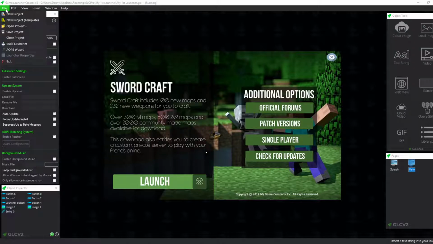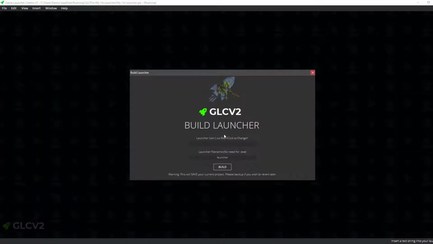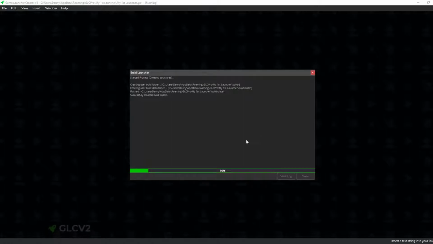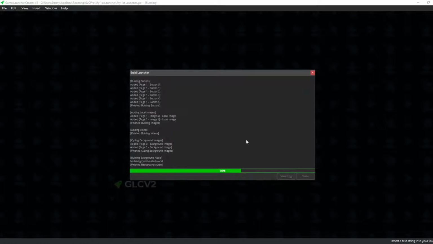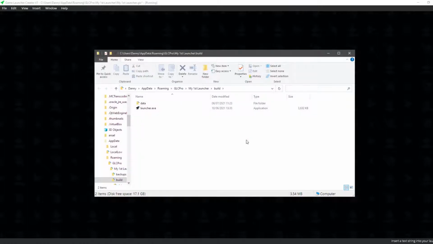When you want to build it, you simply go to File, Build Launcher. And as you can see, it's asking me for a launcher executable name. You can put anything you want in there. You click on Build. GLCV2 will build all of your launcher. It builds the launcher executable file, and it will build the data folder which contains all the images and buttons